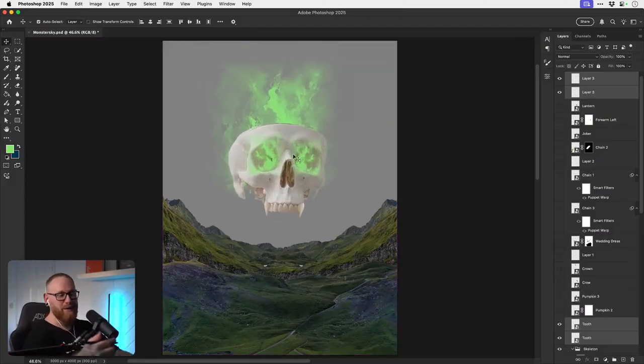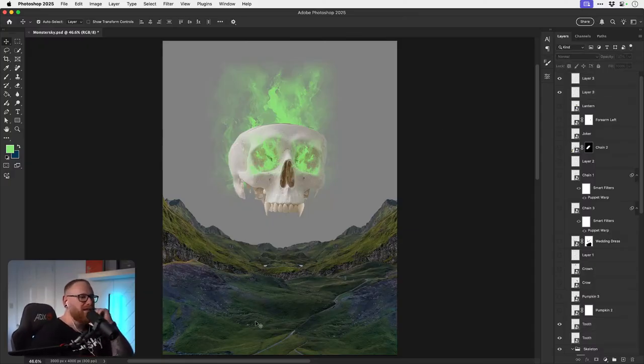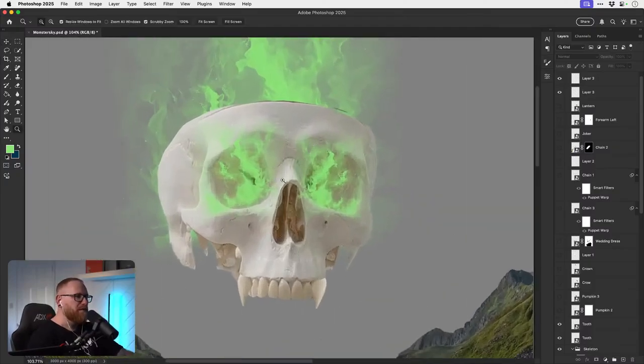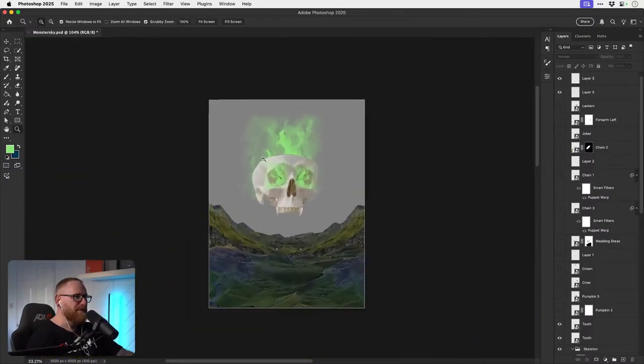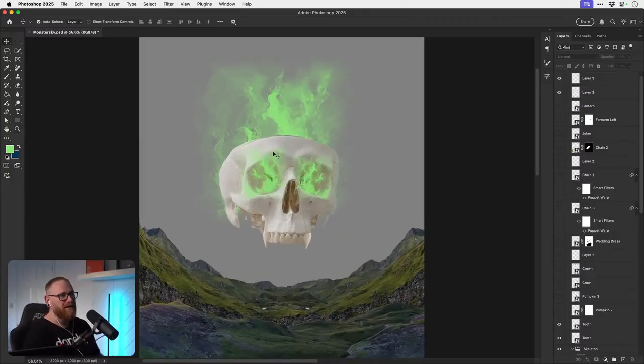You can see how easily you could just go from one idea to another. And then where's the lake? Maybe I'll just add the lake back in somewhere. I don't know if the skull's too big there. It's quite pixelated. I could paint over it.